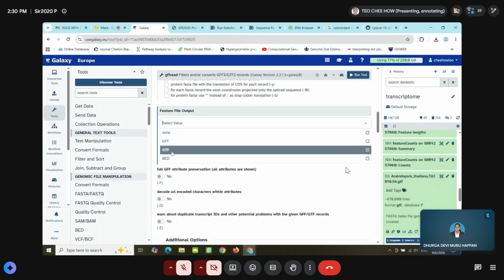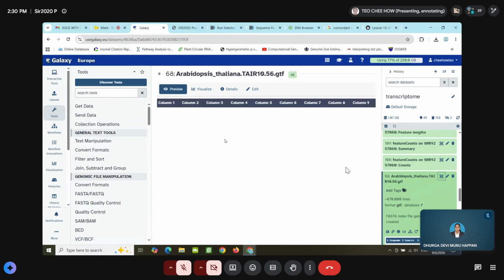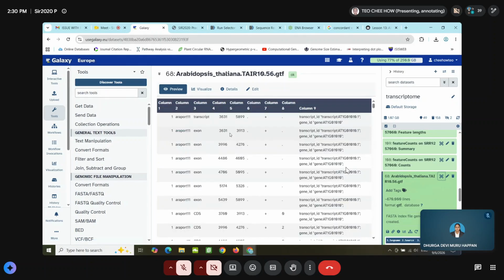So from GFF to GTF, then you will get a GTF file. Now, since the GTF file is already built, we want to do a feature count.